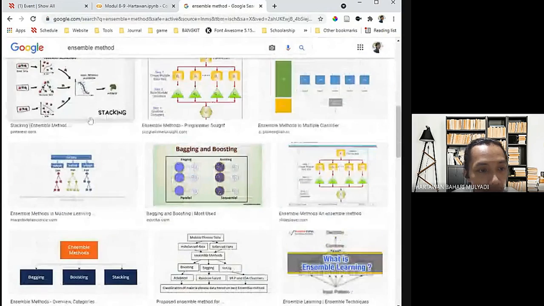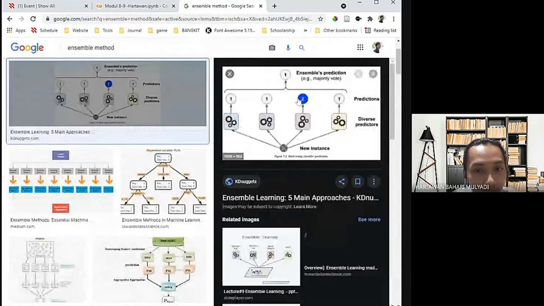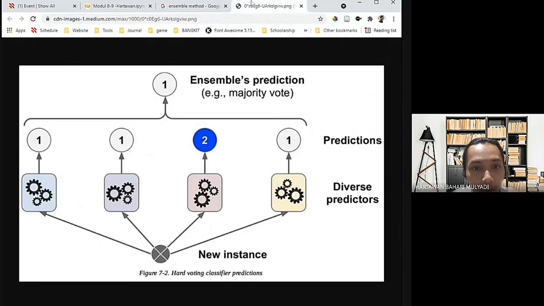Okay, for example, we have the same dataset here, but we train it with different models. We can have something like random forest, just like before in our module.